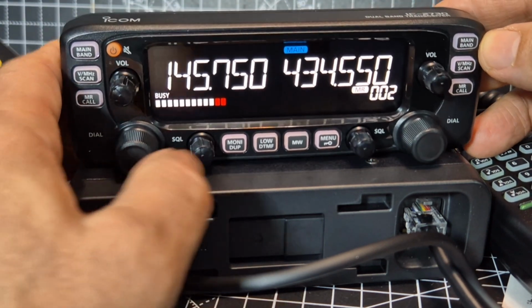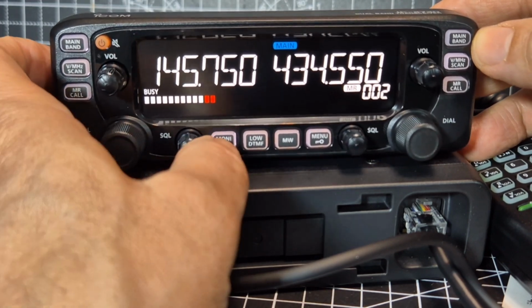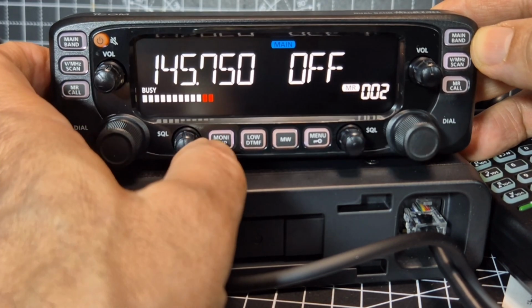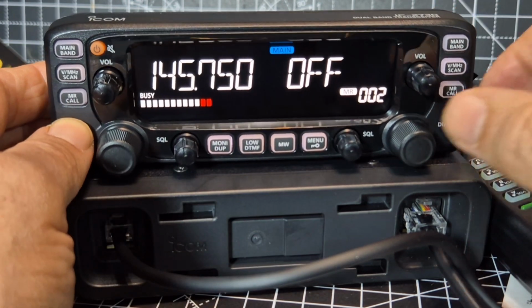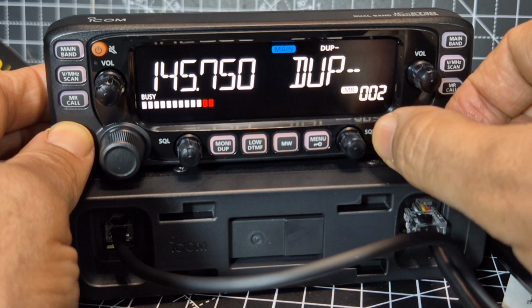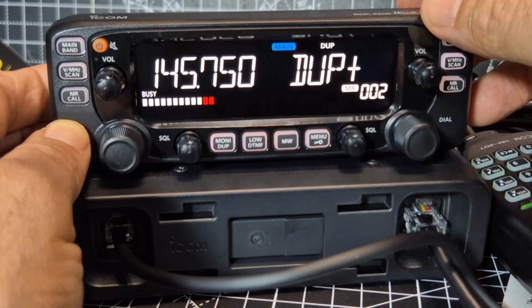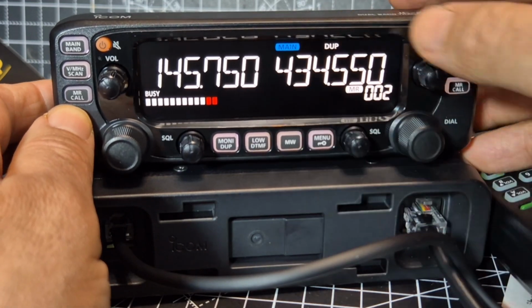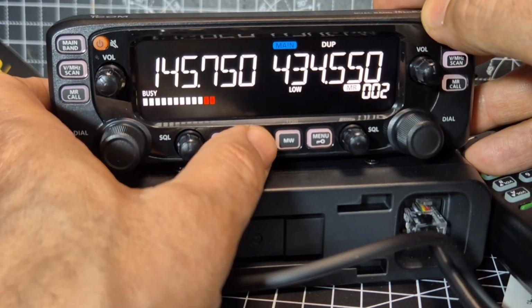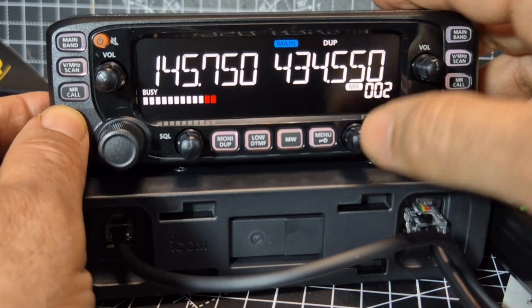But you've got your squelch off. You notice it says duplex. So if we hold it, and then I bet you that's simplex. And then minus and plus. That's nice and easy, okay? Hold it again. Memory right, then power, if we just briefly press. Low, medium and high, it goes up to 50 watts, doesn't it? And then